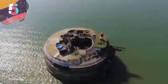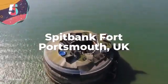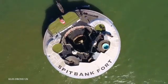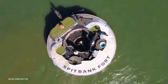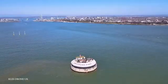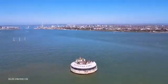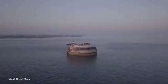Number 5. Spitbank Fort, Portsmouth, UK. Sometimes the coolest houses are the most unique ones that no matter how much they tried, no one else would ever be able to have anything similar. That's definitely the case with Spitbank Fort in Solent Strait near Portsmouth, England, which is a former naval installation that